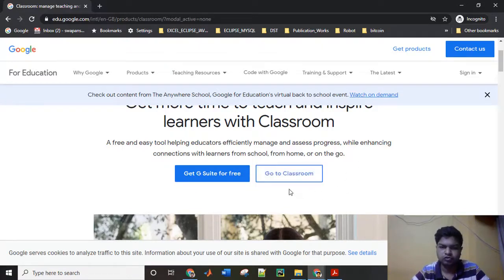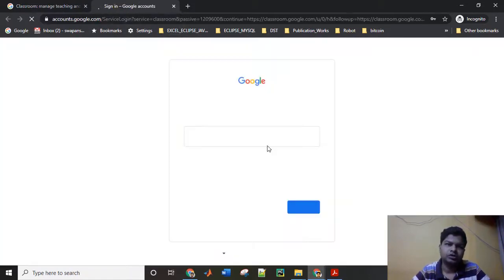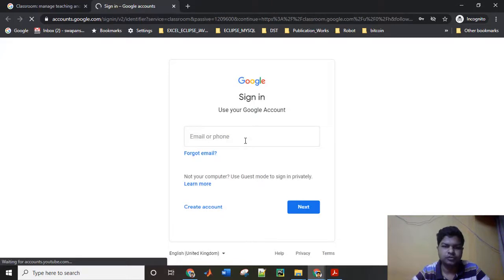So you can click on this that is showing Go to Classroom. Click on it, and you can log in with your existing Google account.